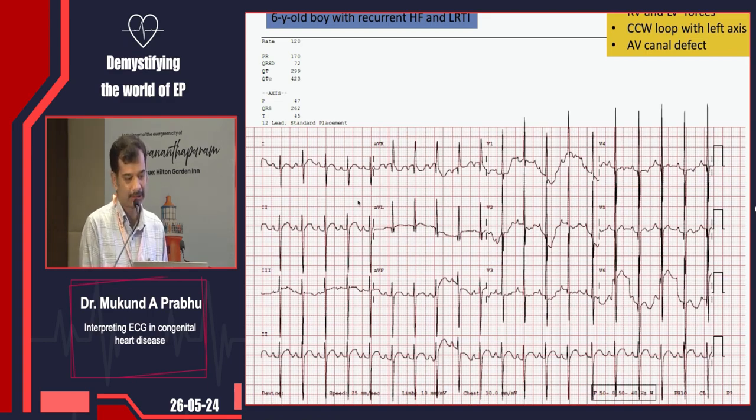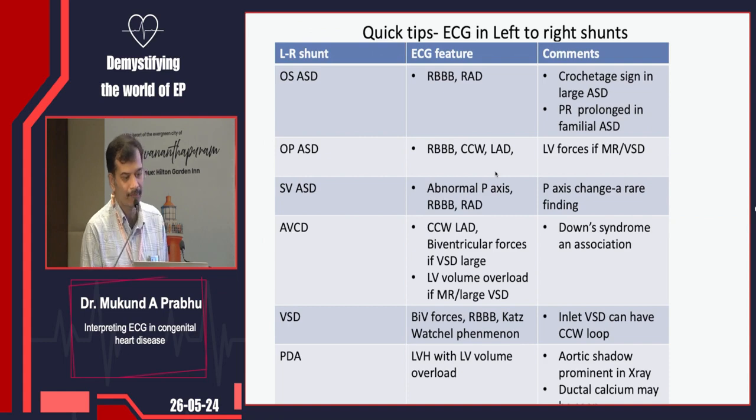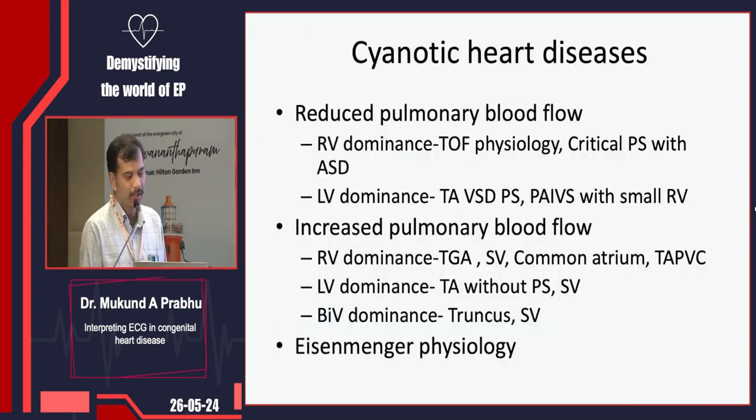Eisenmenger is established. And this is yet another ASD in a 45-year-old. It's also a simple clinically diagnosable ASD, but the ECG shows that the P axis is leftward or abnormal, and this turned out to be a sinus venosus ASD. This is a summary of ECG in left to right shunts, which I'll be skipping, and moving on to cyanotic